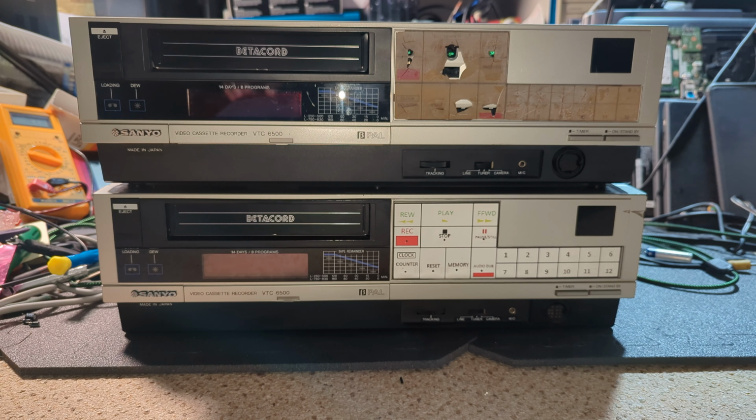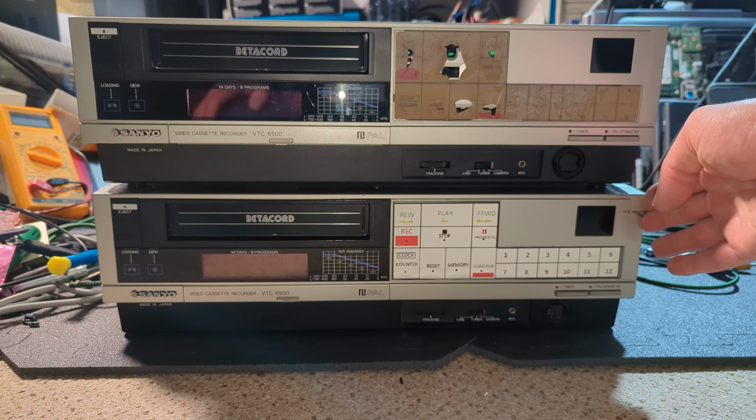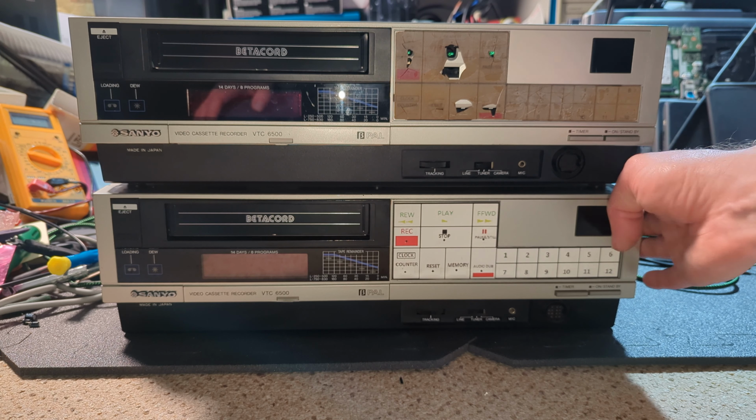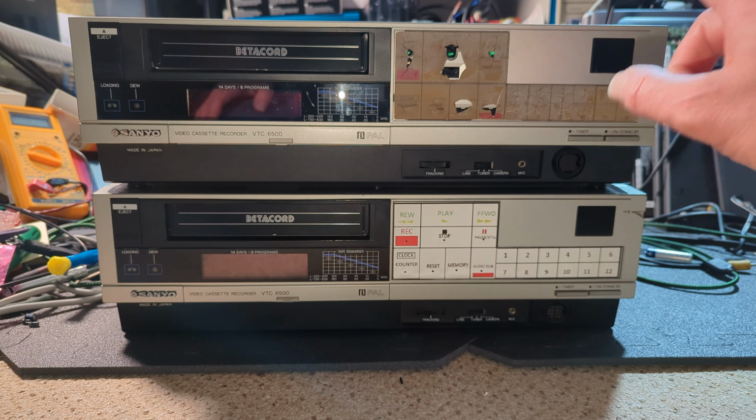Hello and welcome to another MrBetaByte video, and this one's a little bit different insofar as we're looking at a couple of Sanyo VTC6500s, or 6500 if you like, power machine. And we did look at these before. We looked at one of them anyway, which is this one. And this one is actually really beautiful, absolutely lovely. Got the really nice remote control for it as well, all fantastic. And in that one,